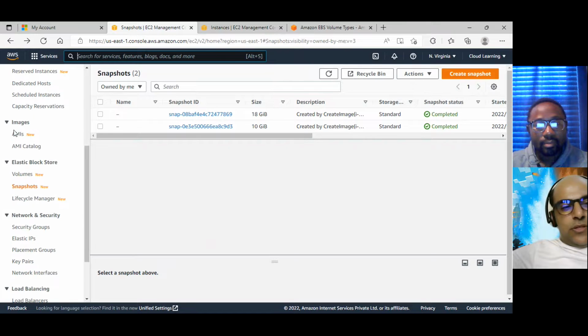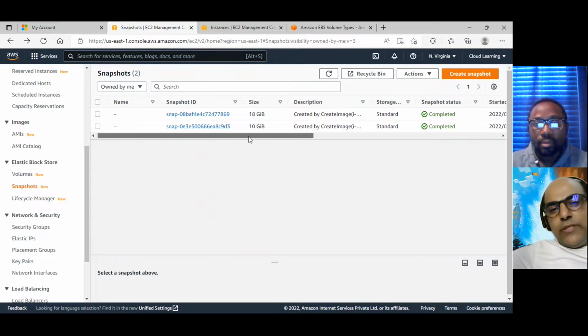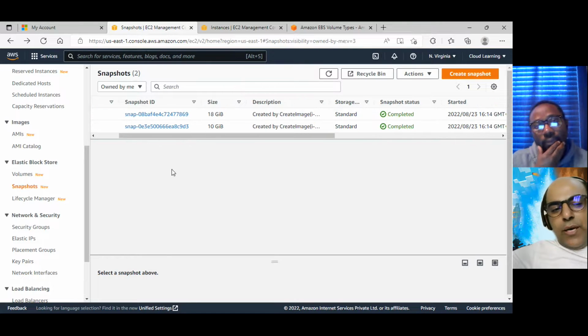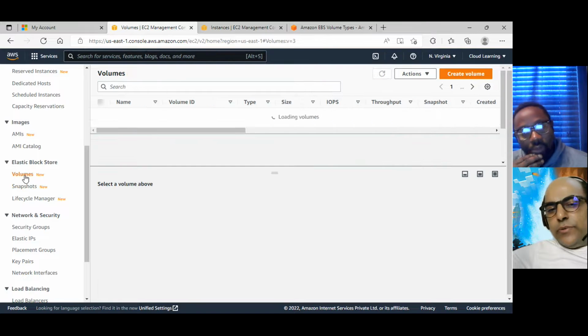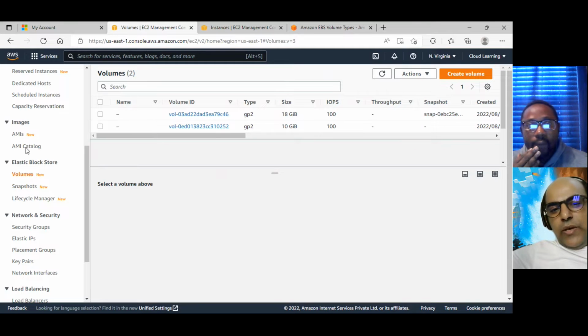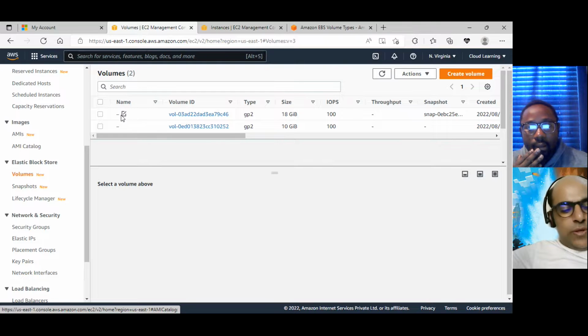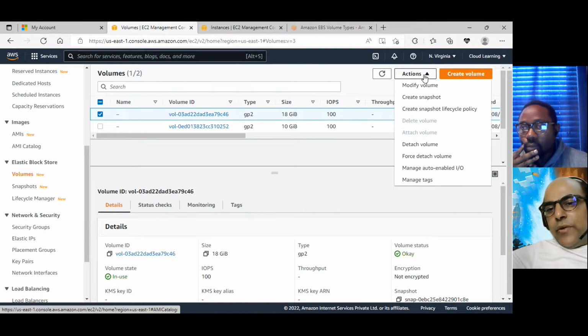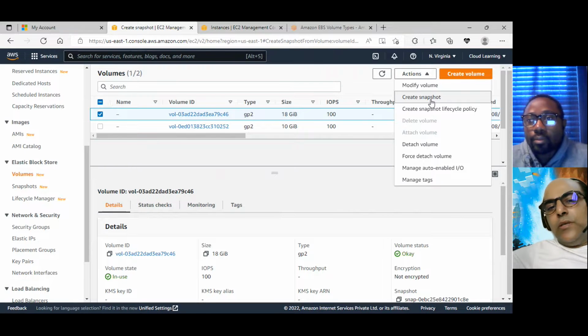So this is now AMI, a snapshot. When I was saying you can see this snapshot actually got created, now it is completed as well, and this is today's date. This is one way of backup. Another way is you can go to volumes. Suppose you want to take backup of this server, what will you do? You select this volume, go to Actions, and rather than modify, you can create a snapshot. When we say create a snapshot, that means create a backup.